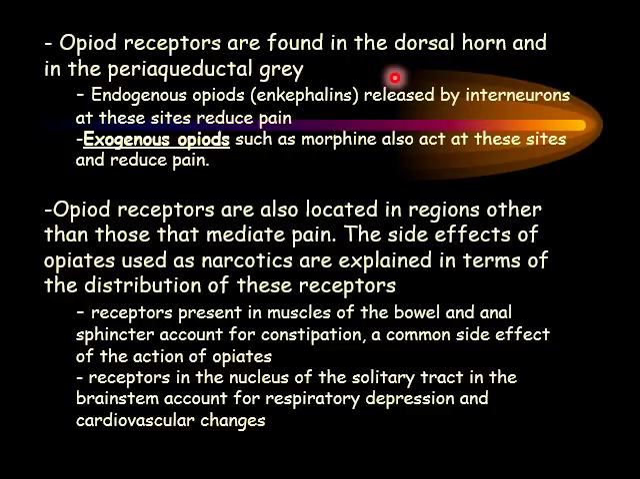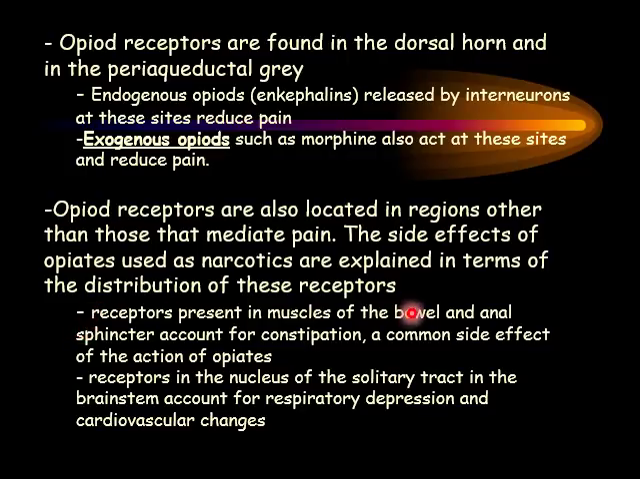As we indicated, the opioid receptors are found both in the dorsal horn and in the periaqueductal gray. And these are usually on interneurons at these sites, and they're considered endogenous opioids. As much as morphine can be used to reduce pain, these endogenous opioids also reduce pain. Those kinds of opioid receptors are also located at other regions, and that is one of the sources of side effects. The side effects of opiates used as painkillers